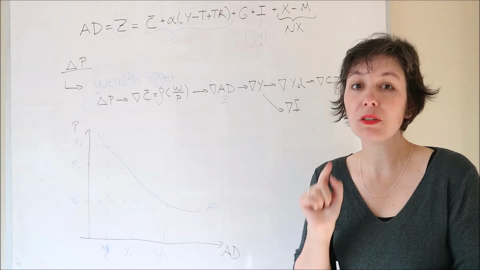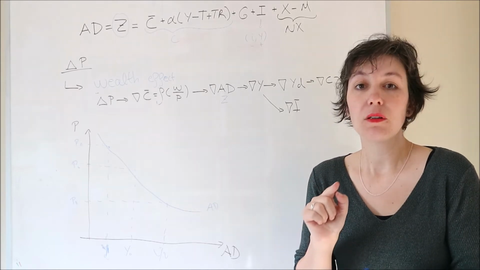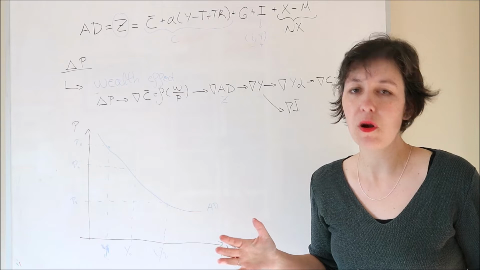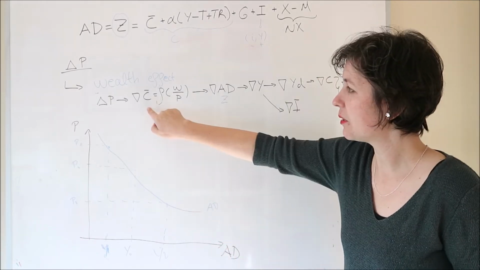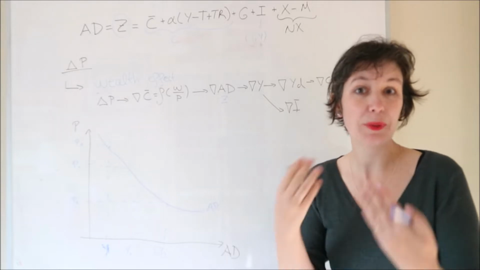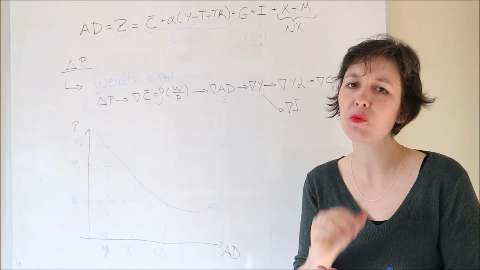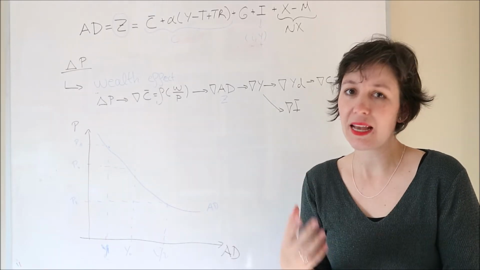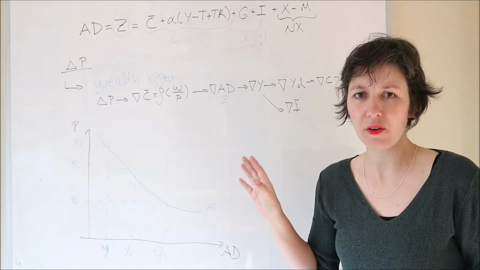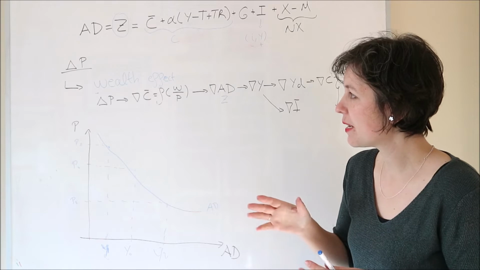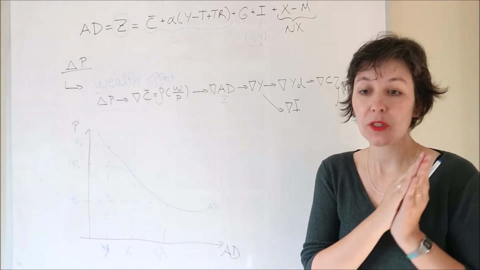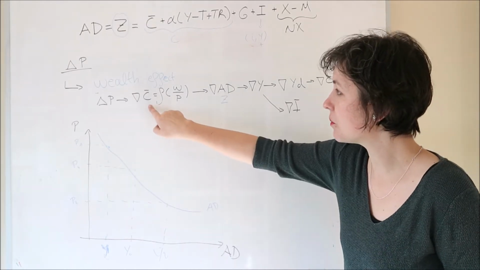Here we are talking about the stock variable, so the wealth, the total money that you have. Another element that is behind consumption is the expectation of consumers. Sometimes we are going to talk about that, and that is going to generate a change in the aggregate demand. But going back to prices,